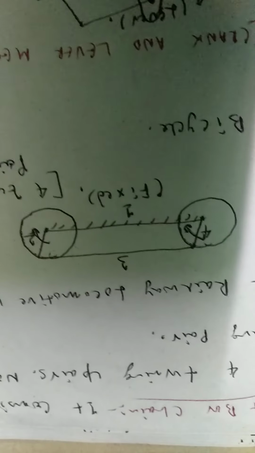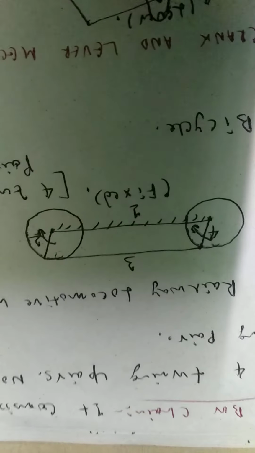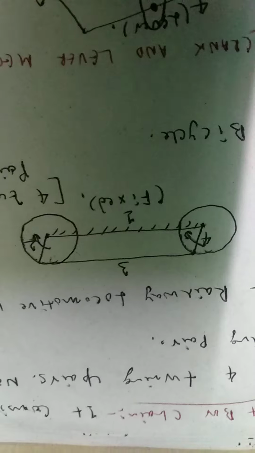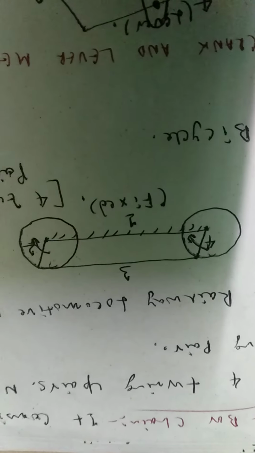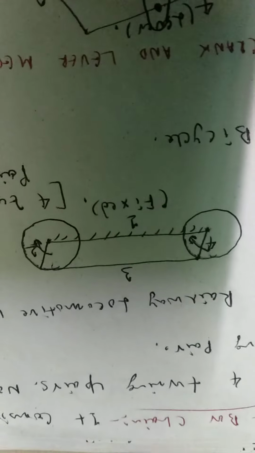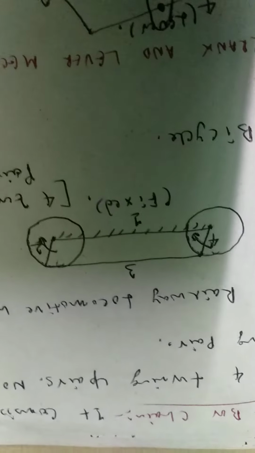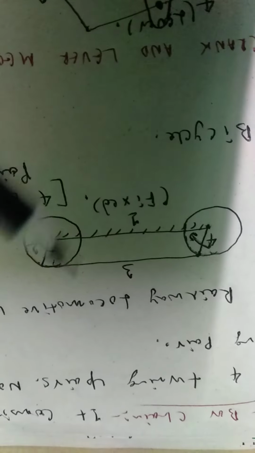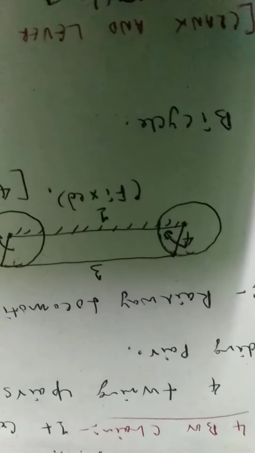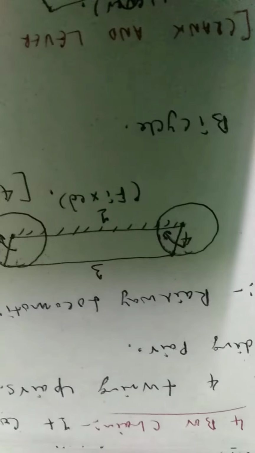So this is an example of a 4-bar chain, where when we rotate one link, it also rotates the other links, with one of the links fixed. This is an example of the coupling rod of a locomotive, the wheels of a locomotive. It is also known as the double crank mechanism, which consists of 4 links.